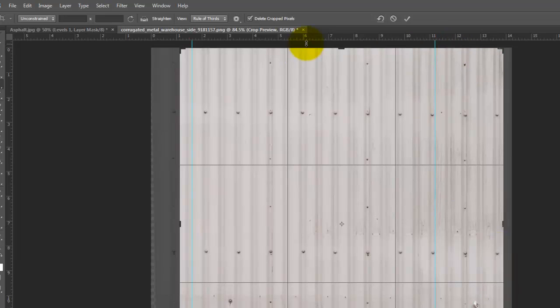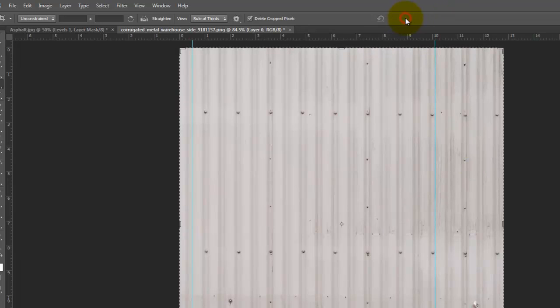Something like that. The top and the bottom I'm not overly worried about because there's not a big strong seam that's going to be there. So I'll go ahead and say OK at this point. And I now have an image that looks okay. If I were to tile this right now, it still wouldn't tile perfectly. It'd be pretty close. But in order for it to tile perfectly, I'm going to use a special filter that's